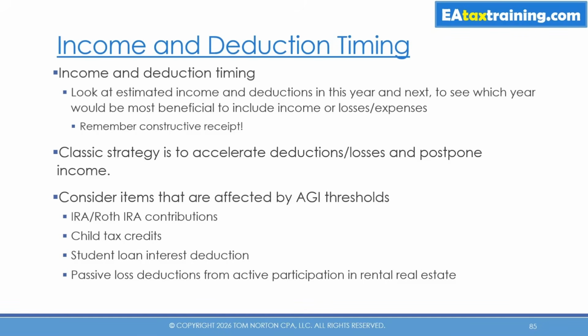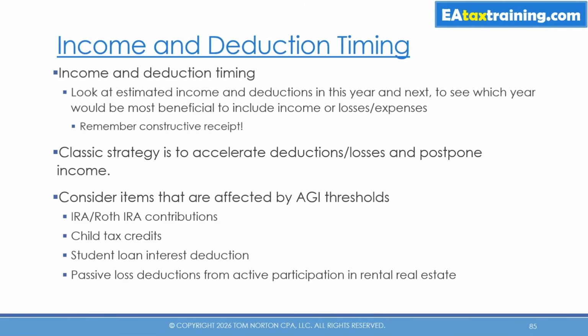For example, if Congress comes and passes a new higher income tax that takes effect next year, then you might want to try to include the income this year rather than next year. But as a general rule, assuming that the tax rates are staying the same, it's better to pay the taxes later rather than sooner. You also want to consider items that are affected by those AGI thresholds that we've talked